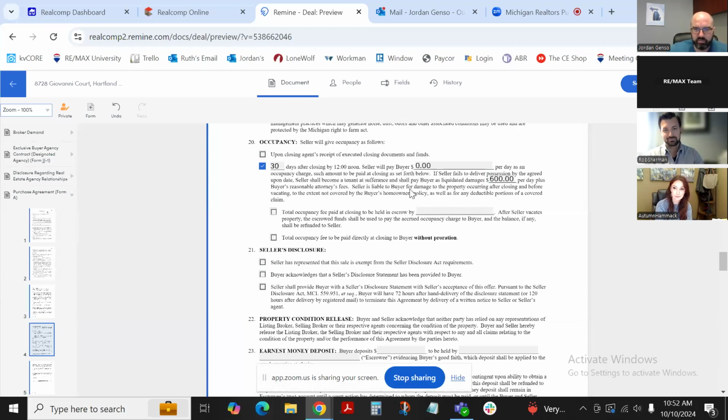Seller is liable to buyer for damage to the property occurring after the closing before vacating to the extent not covered by the buyer's homeowner's policy, as well as for any deductible portions of a covered claim. Total occupancy paid at closing to be held in escrow by the title company. After seller vacates the property, the escrowed funds shall be used to pay the accrued occupancy charge to the buyer, and the balance, if any, shall be refunded to the seller, or the total occupancy fee to be paid directly